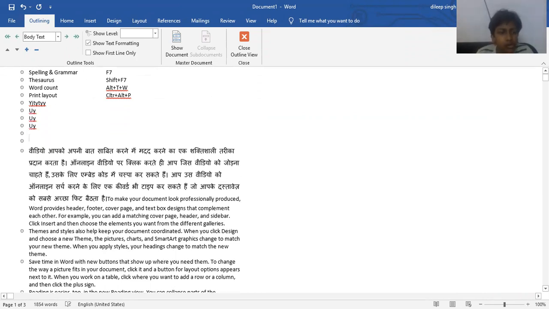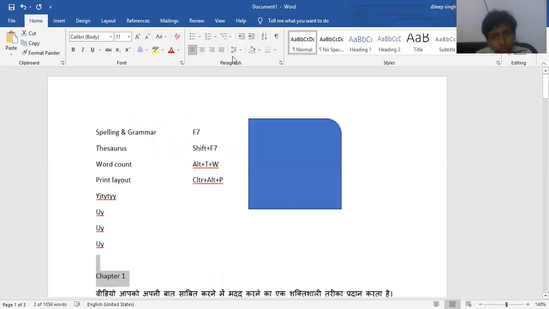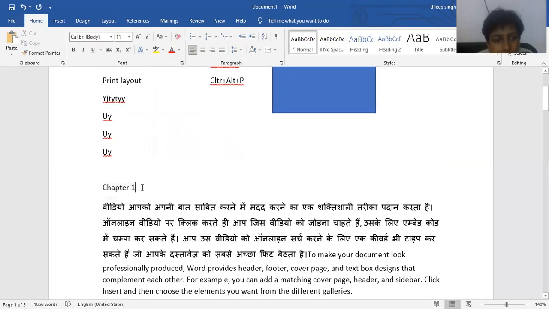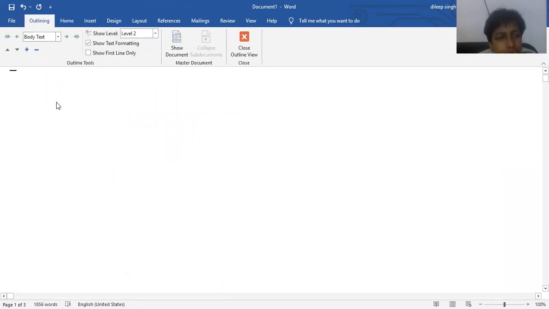If you want to make a heading, for example chapter 1, and you want to make this level 1, just click here, show level, and click level 1 heading. It will appear as a level 1 heading. Type here and close it. For example, if you select this, click on view and then outline, and here we add some level 1 content.